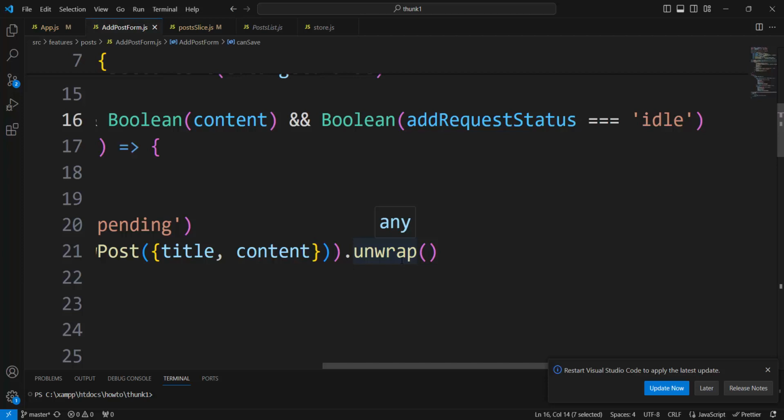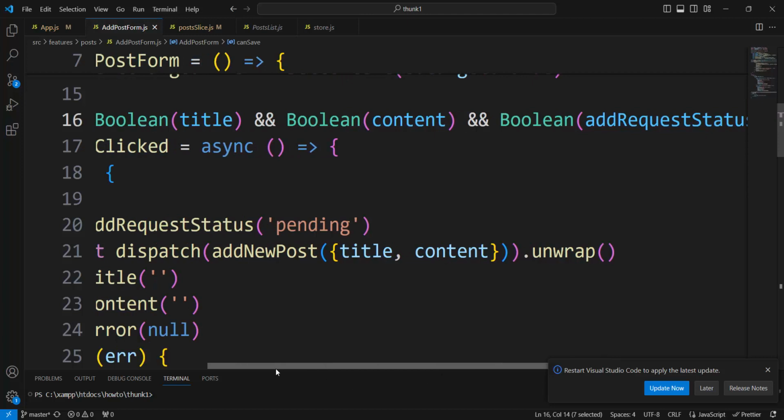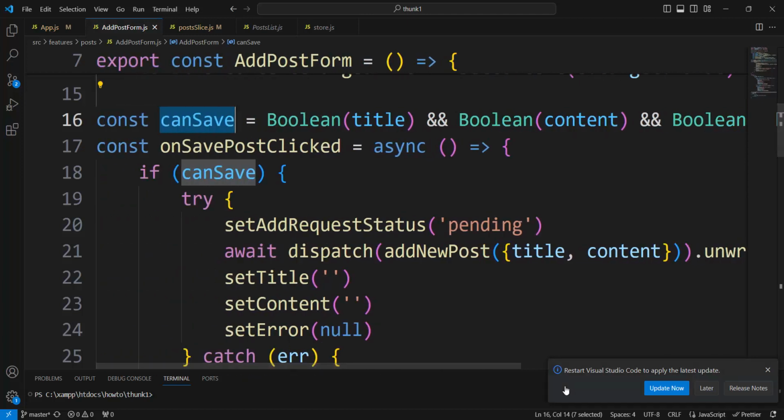It means, okay, you write title and content and you can push the button save. Okay, must be idle, and addRequestStatus initial value is idle. It is okay. It is an open door for the button